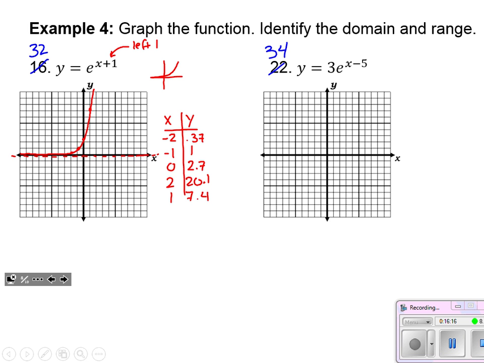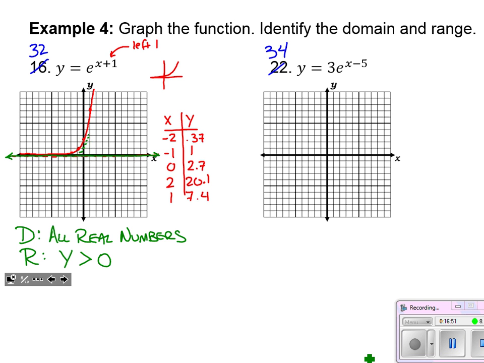Let's look at domain and range. That's what we really want out of this process here. The domain, well, we said for exponential functions, the domain will be all real numbers. And then for the range, let's take a look. Well, I know there's that horizontal asymptote that the graph is being drawn closer and closer to, but it won't reach it. It just gets drawn super duper close to it, but it will never equal that height. So I want all heights that are, well, let's see, my graph is just going up from that asymptote, all heights greater than 0. All right, there's our range.